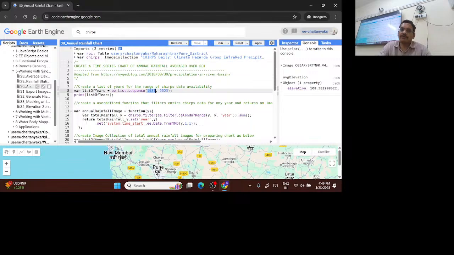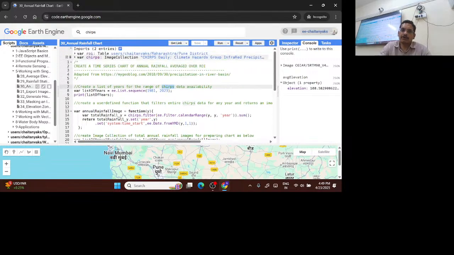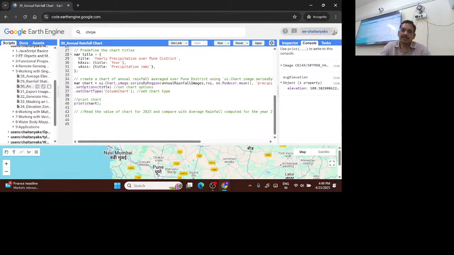So you can see from the beginning year, start year, and you can see your ROI, your chips. These are the places where you have to make changes. You can even see the comments. Create a chart of annual rainfall averaged over Pune district using